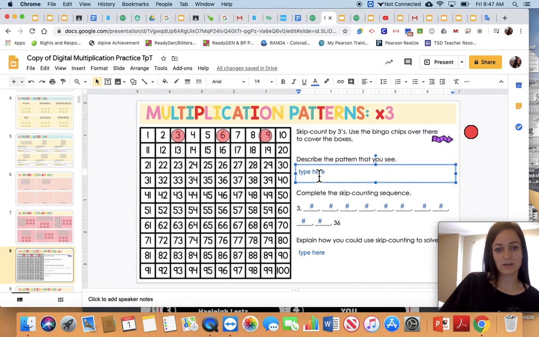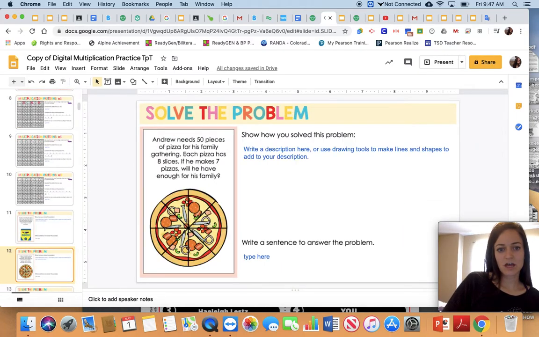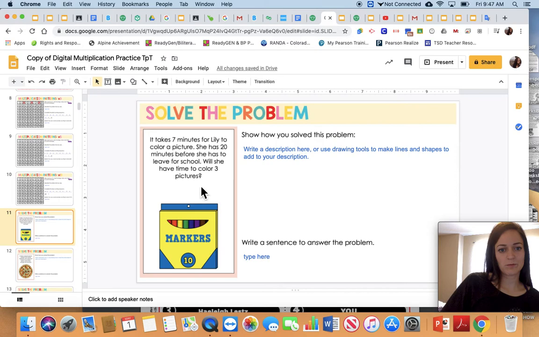And then you type here, it says describe the pattern that you see. So I would type here and say, oh, I noticed that it goes odd, even, okay, or something like that. Whatever pattern you notice, like how we used to talk about those in class too. Same thing for these. Okay, so here you have word problems. So your word problem will be right here, and then you're going to type how you